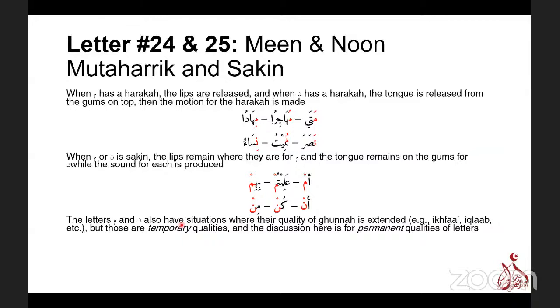Since it's not extended, in some tajweed books, to make it easier for you to understand, they say that situation is bighayri ghunna, without a ghunna. It means without the extended ghunna, not without the original ghunna that exists in the letter noon to begin with. But since those are all temporary situations, what we're discussing right now in all of these days are permanent qualities of each letter, things that those letters will have in any and all situations. Sometimes I go to temporary qualities, like we did with Allah and Allahumma. But otherwise, we're only discussing permanent qualities. We're not discussing temporary situations with any of the letters. That's why I'm not going to get into ikhfa, idgham, idhar, all of those things. Those are temporary qualities. So that is the letters meem and noon, inshallah.